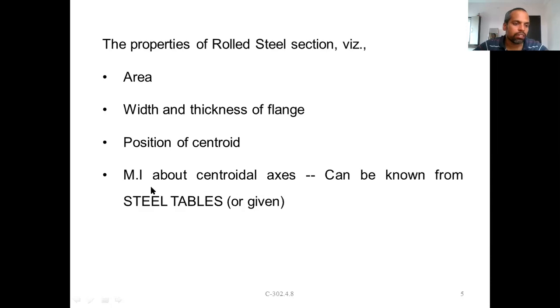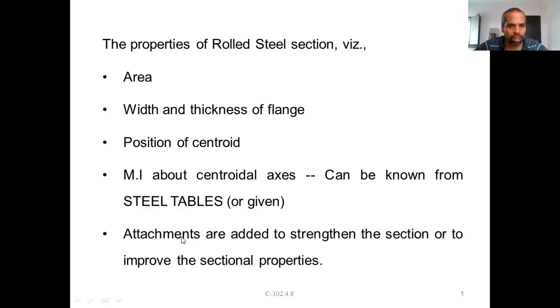Please see, my friends, the moment of inertia is available only for the single rolled steel sections. I have explained this previously. For an I section with two plates, only the I section's moment of inertia is available, not the plates. Plates you have to calculate and add to the I section moment of inertia to get the total moment of inertia of a built-up section. That's the requirement here, and that's what you have to do in this topic. That's what we are going to discuss in this class.